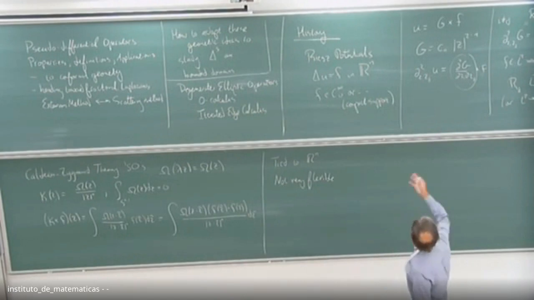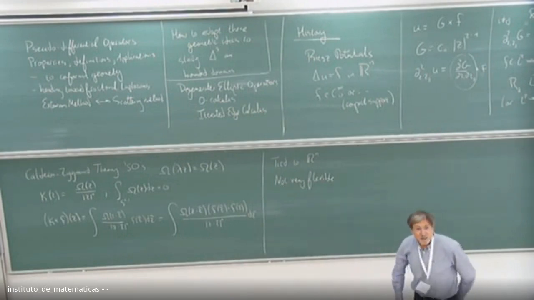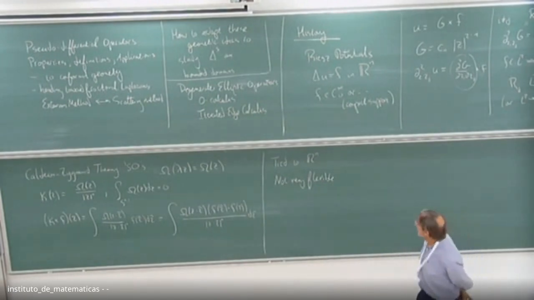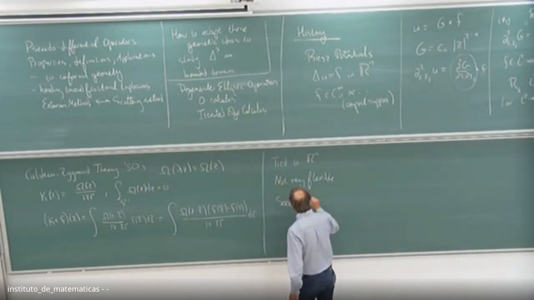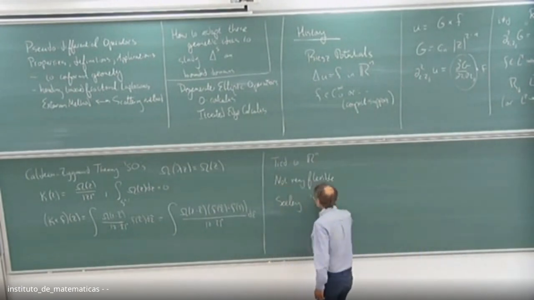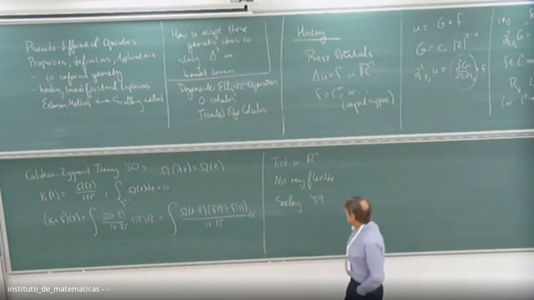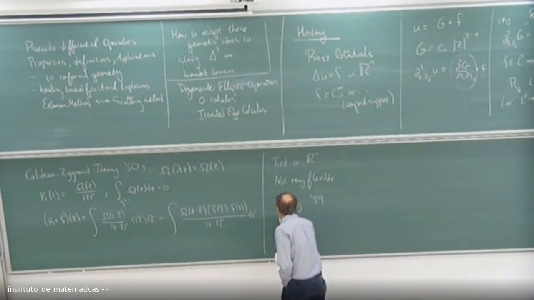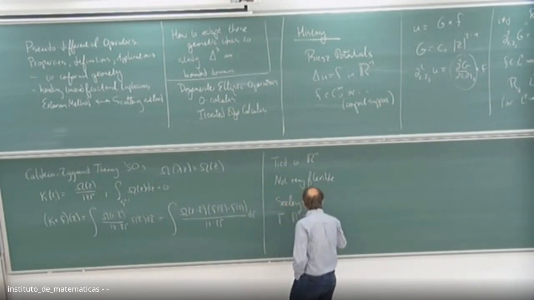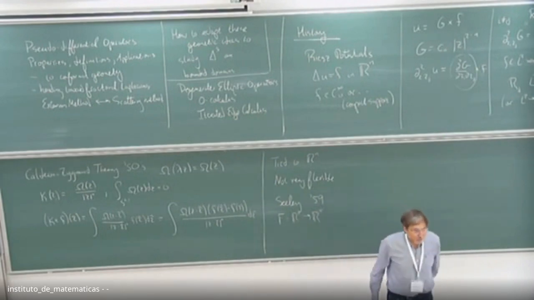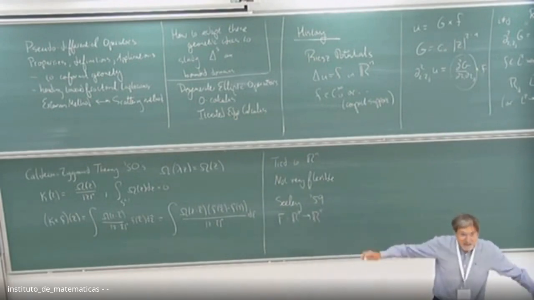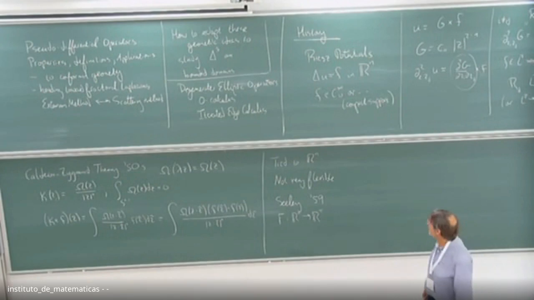Okay, so remember, this is the history section. I said history, right? So what happened next? Well, what happened next was in about 1959, it was the thesis of Bob Seeley. And what he proved was the following, that if I have a diffeomorphism, let me call it F, from Rn to Rn, let me be sort of non-specific, but let's suppose it's going to the identity fairly rapidly, or it's the identity outside of a compact set or something like this.